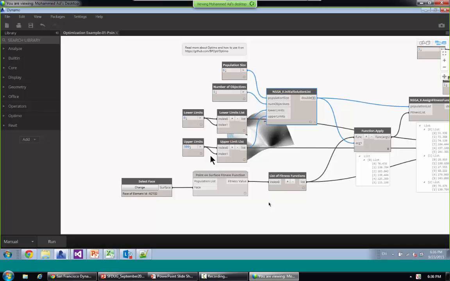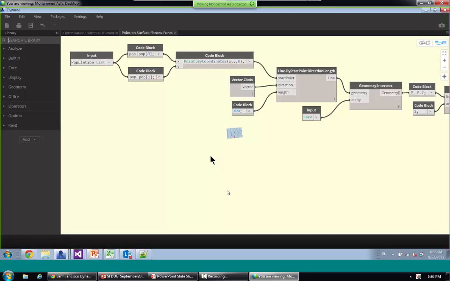Right. So what it does here is it finds the z-value on the surface at the point. You can replace it with something like finding the structural performance of a structure file in Revit. So it can be very complex. Here is a simple project, but you can replace this with a more complex process. I think Glenn will show some cool examples of this later on. But let me open this. It's a custom node, and what it does is